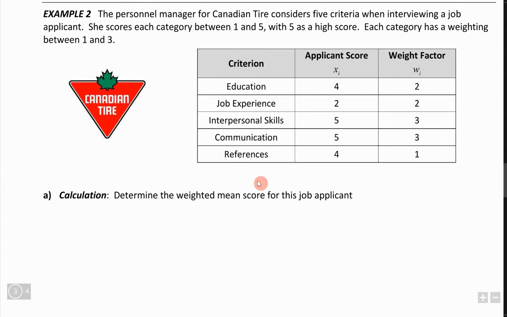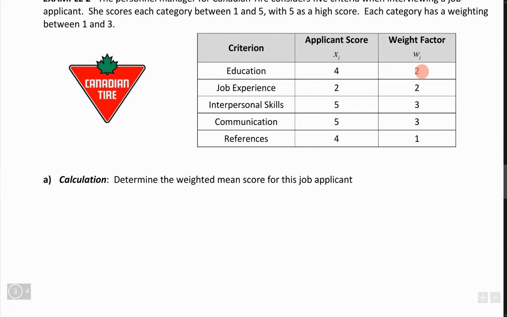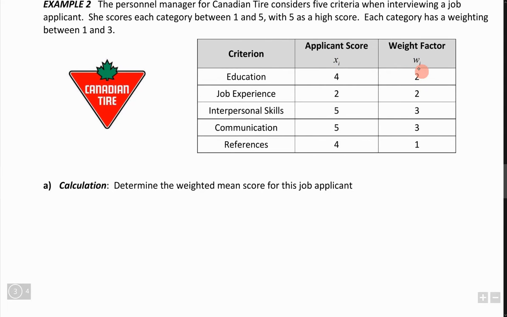So when you're doing the weighted mean score, you need to know the value of the applicant score, each of these individual values, multiplied by your weight factor. So I'm going to take each of these rows and multiply the numbers that you see in these rows. So the weighted mean